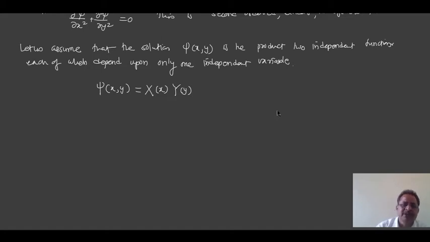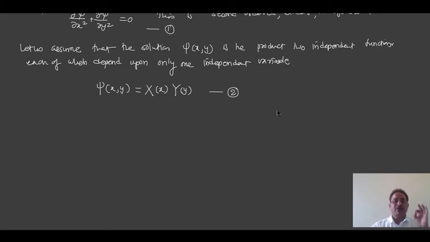So here I am giving these numbers. This is my equation number 1, and this is my equation number 2. I am assuming that the solution of the Laplace equation in the two-dimensional Cartesian coordinate system, psi of xy, is the product of two independent functions, where capital X is exclusively a function of small x, the first variable, and capital Y is an exclusive function of the second variable y. This is what we have to use everywhere in the further derivation.